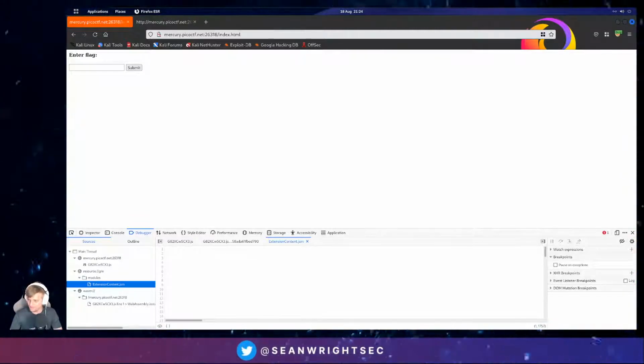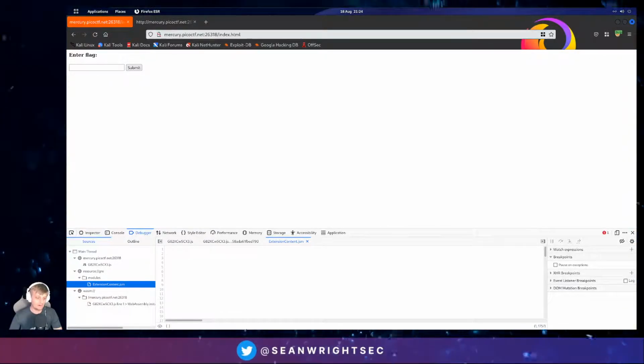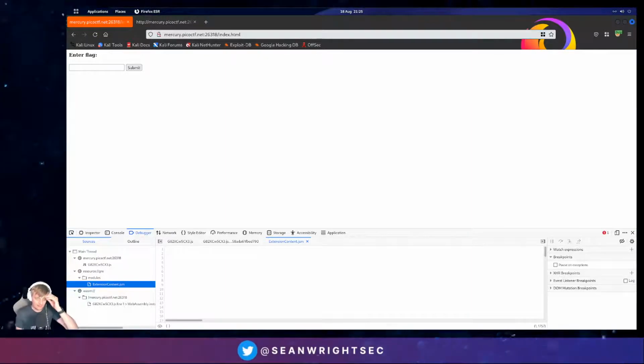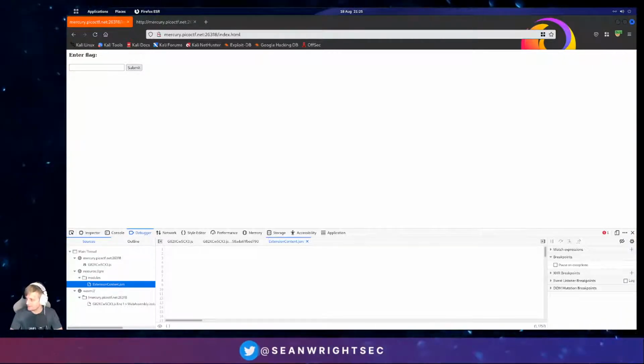Now, in terms of JavaScript obfuscation, HackTheBox Academy actually has a really good module on JavaScript. So if you go to HackTheBox Academy, you can sign up free. And there's enough credits to do the JavaScript obfuscation. I found it pretty interesting. And what I want to do is